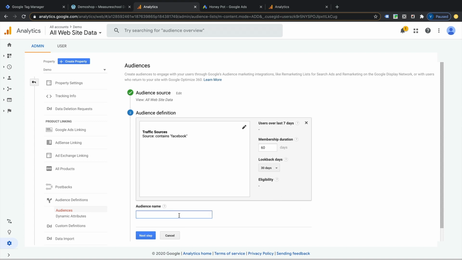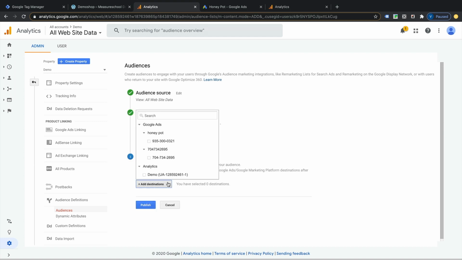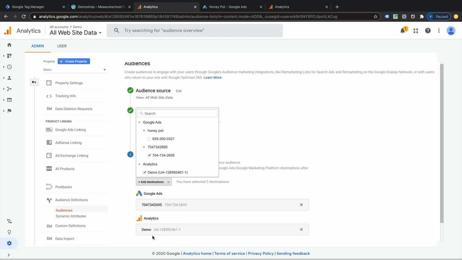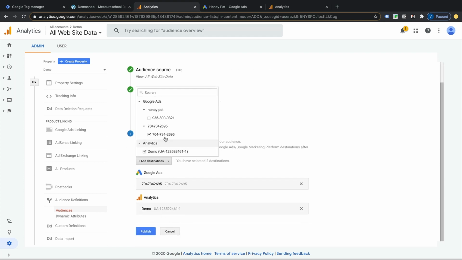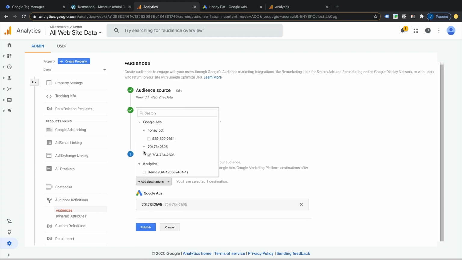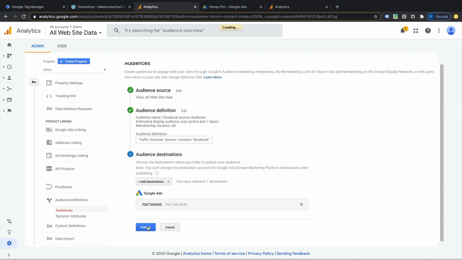And again, going to give it a name. And click Next Steps. Again, I'm going to select our Google Ads account, and I'm going to send it back into Google Analytics. Although you don't have to. Actually, maybe this one I just send it into the Google Ads account, and I'm going to click Publish.